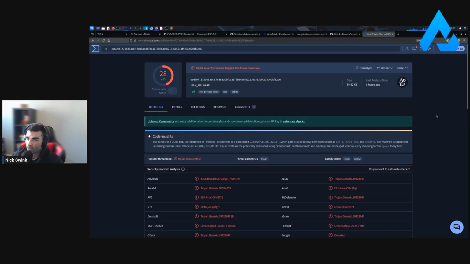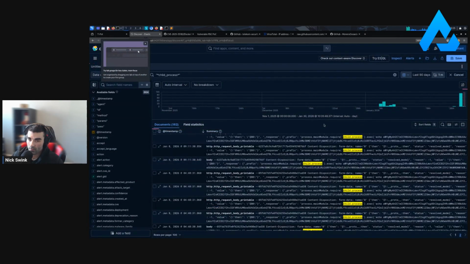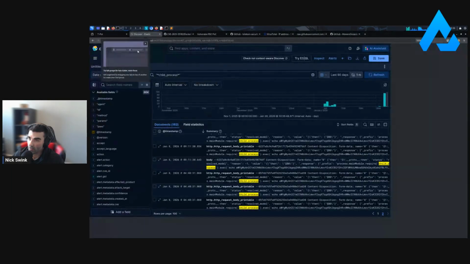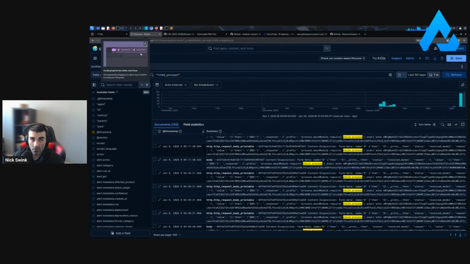But yeah, so that was the majority of the exploit attempts I saw in honeypot activity. Most of them were just vulnerability scanners, which again is a gray area because you're spraying the internet with an exploit and you are technically exploiting it and executing code on that system. So I don't know where that sits, but